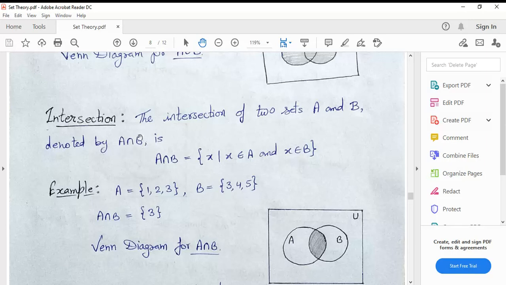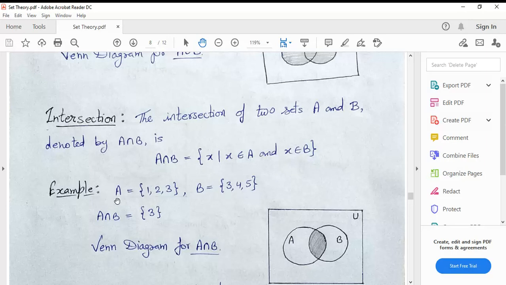The common elements of A and B. Symbolically, A ∩ B is {x such that x belongs to A and x belongs to B}. Why do we use "and" here? Because we have to take the common elements of A and B, that is, the elements which are in A and also in B. So that is our intersection.